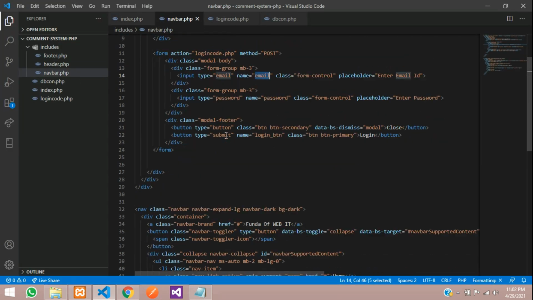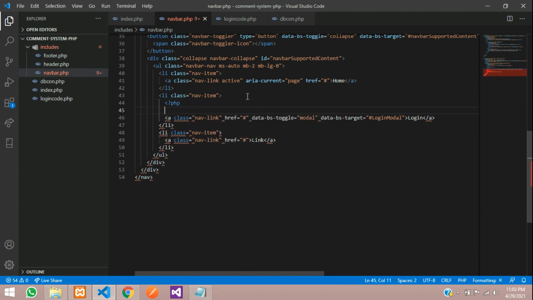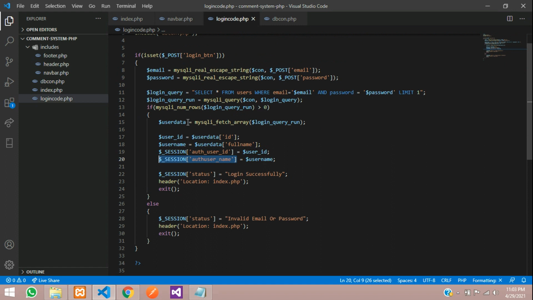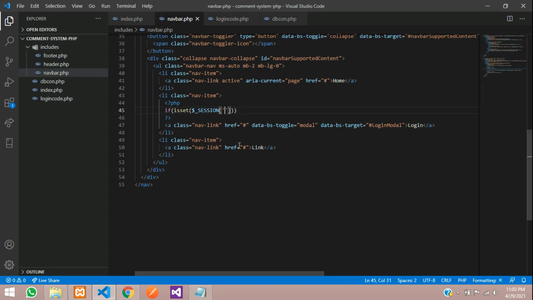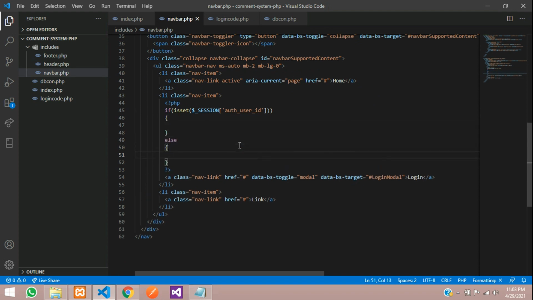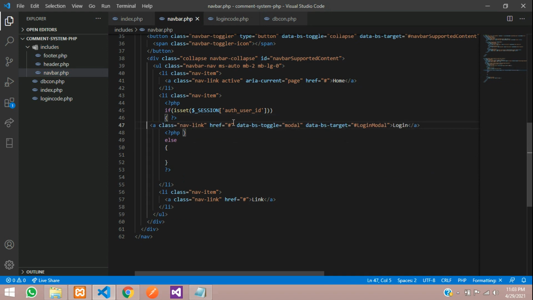and now let's build this one logout over here. It's very simple. So PHP open, PHP close. If isset $_SESSION of this logged in authenticated user ID. So if it is set, then you have to show, else echo logout. Okay, so let's copy this and divide the PHP, paste, else you need to show this, divide the PHP,